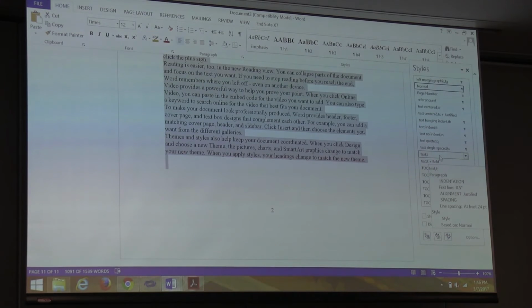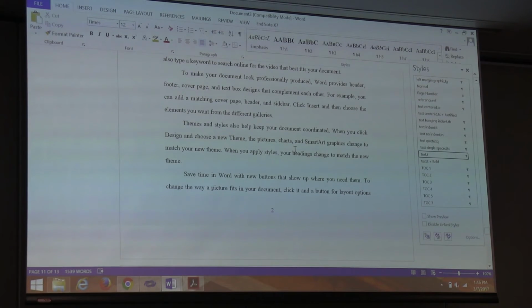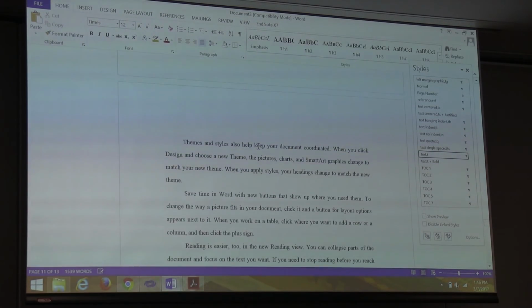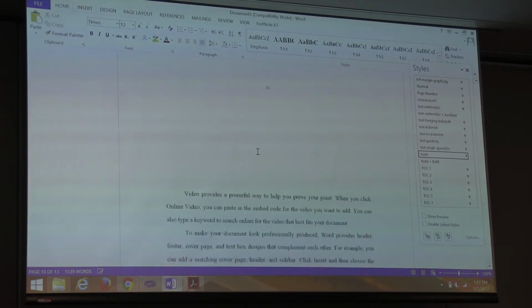And then if you click on that style, it applies that style to what you have highlighted. So once we click on it, now it's in the text style, it's double spaced, got the paragraph indentions and all that kind of stuff. Everybody see how that works? So now it's looking better.